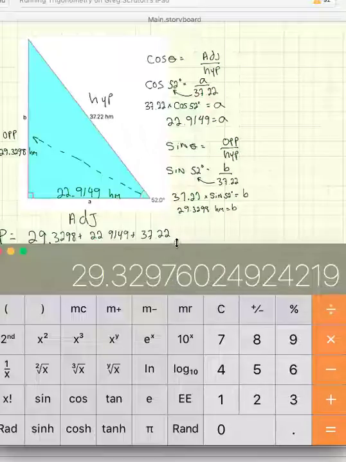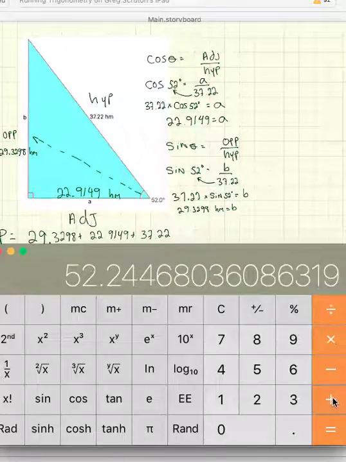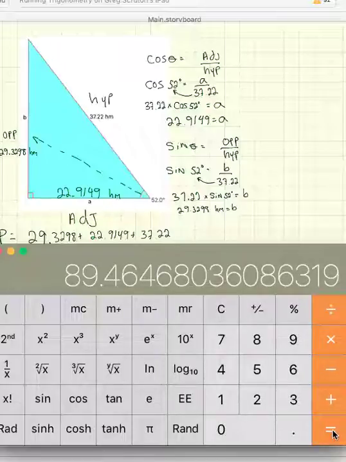I already have this number in my calculator, plus the number I put in memory, Command V, plus my 37.22 is equal to a grand total of 89.4647